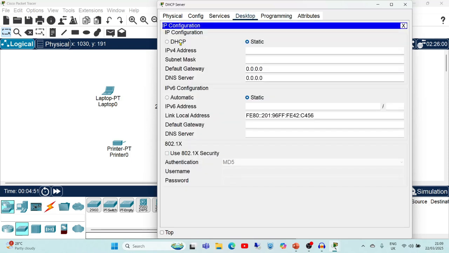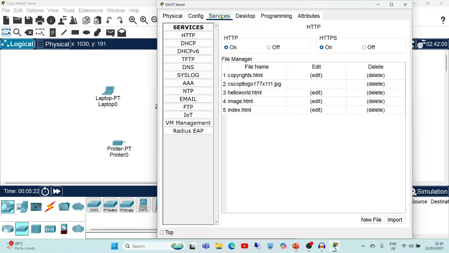Now here we'll set the IP addresses. The IP address will be set as 192.168.1.10. Again, just click within the subnet mask field, and it will get generated automatically. Now after this, select the option Services. From this, we want DHCP.